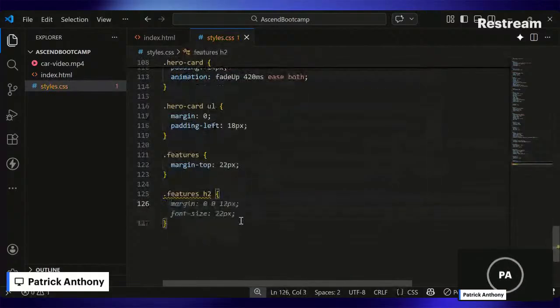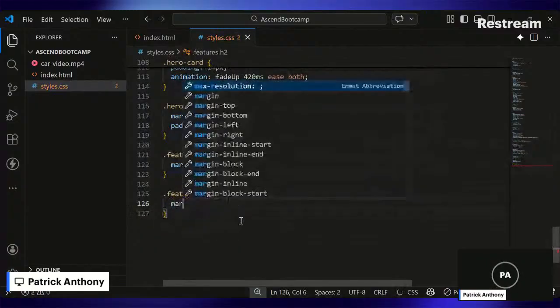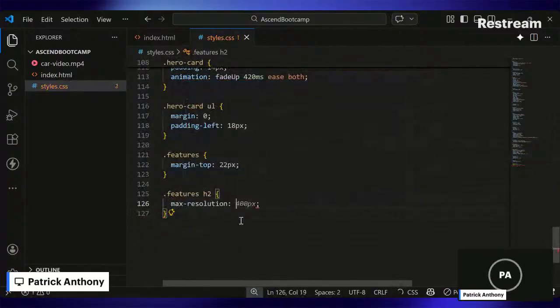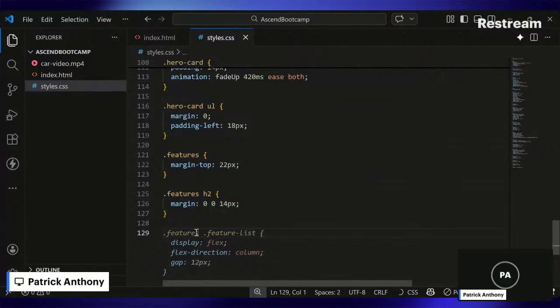We can have margin of this. Okay, so we can as well style